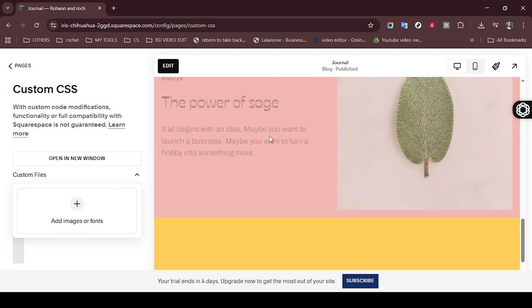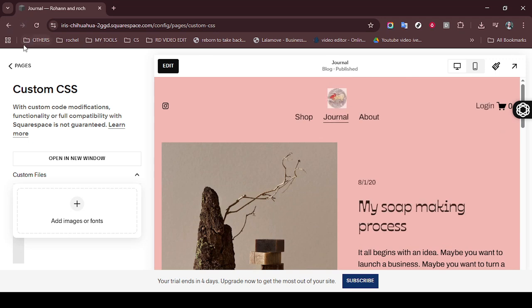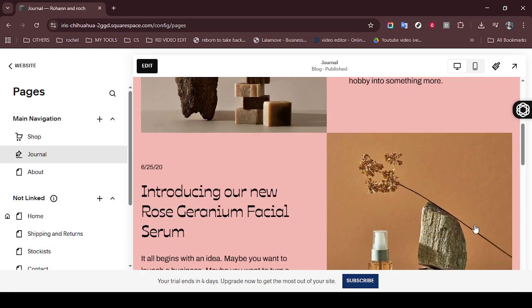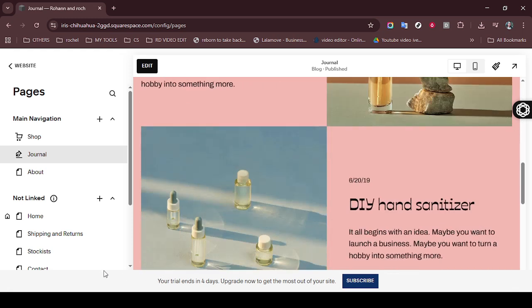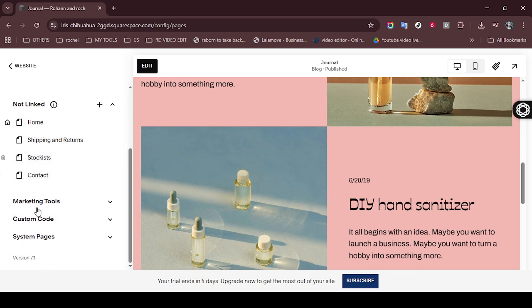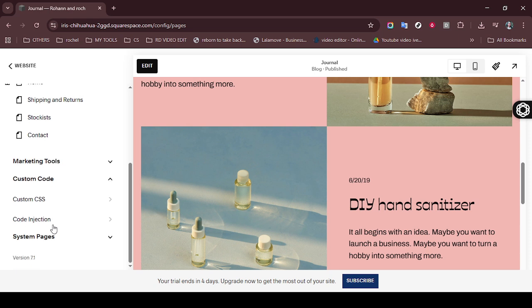Double check that the links don't have underlines and that you haven't accidentally altered any other elements. If anything seems off, you can always return to the custom CSS section and fine-tune your code until you're satisfied with the result. This simple tweak can significantly improve your website's readability and overall aesthetic by fostering a cleaner and